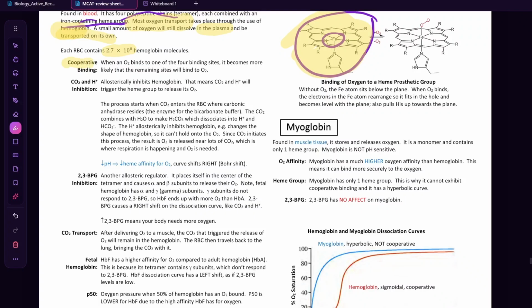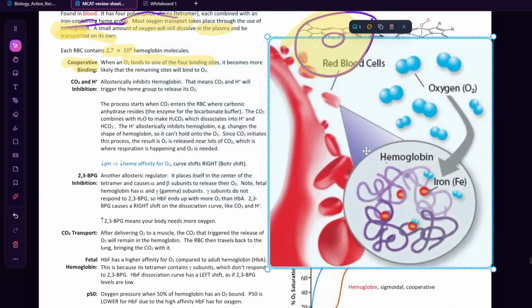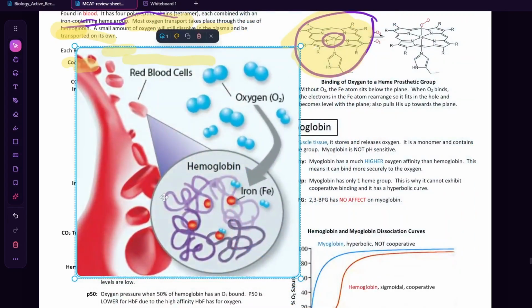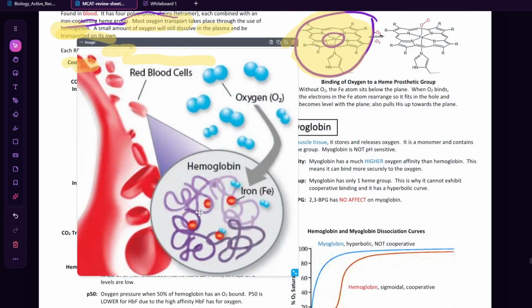So cooperative binding is when O2 binds to one of the 4 binding sites. So I'm going to show a different picture of hemoglobin, because seeing different pictures, different ways people explain things, and doing practice questions help you to see that as well. Seeing the different ways helps you understand the material at a deeper level, more than just seeing things in one way. So as you can see here, we have this image, and you can see that it's very